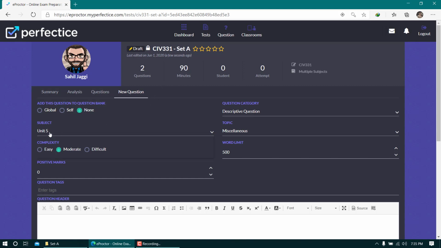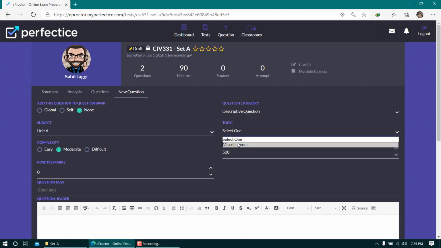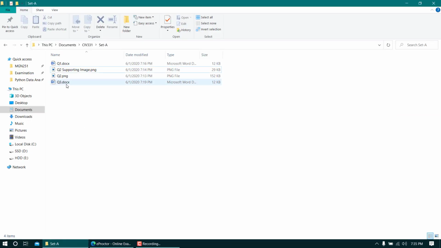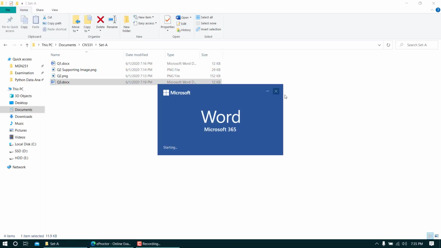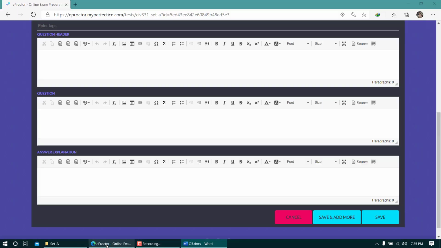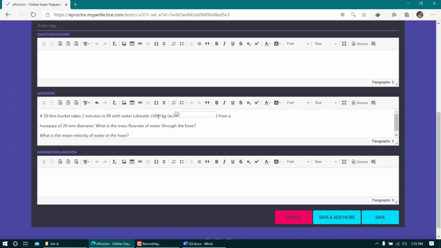The third thing I can do is go to unit 6 now, select the topic miscellaneous, leave everything default, and go to the third one. If you copy this, you can see here we have got one equation. Because if I click here, you can see the equation tab appears, and that simply means it's an equation, not plain text. So if I try to copy this and then paste it in that box by pressing Ctrl V, see what is going to happen there.